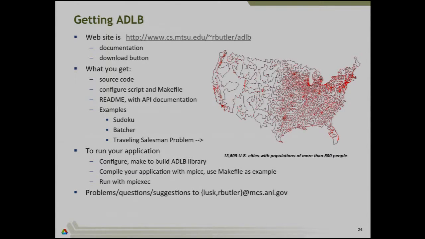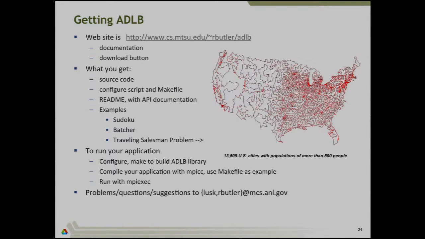You get the batcher. You get the traveling salesman problem, a classic computer science problem that can be solved in a way a little bit like the Sudoku problem, but it illustrates the use of priorities and work types and so forth much more. Here's a result of a salesman visiting 13,000 US cities, and you can see with a certain level of population, and you can sort of see the density of population